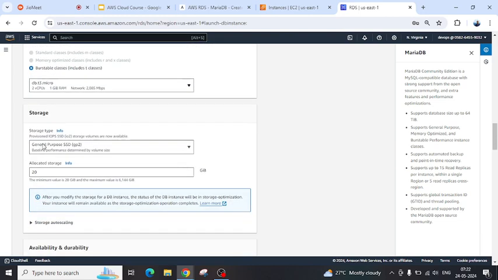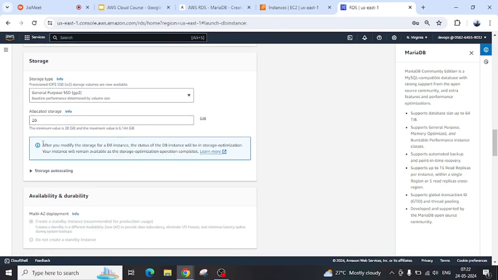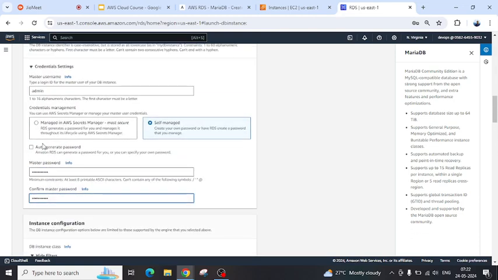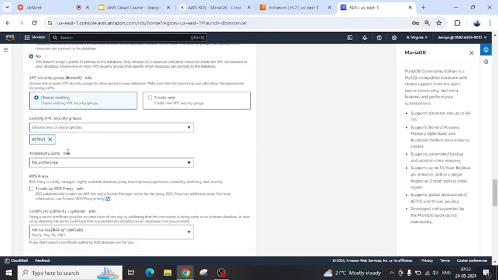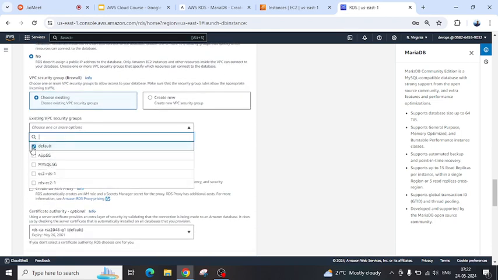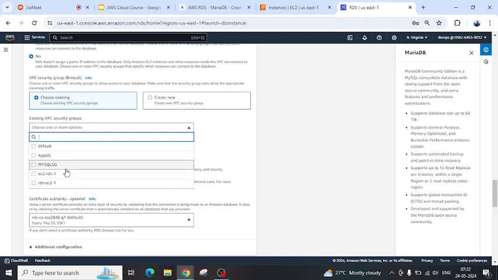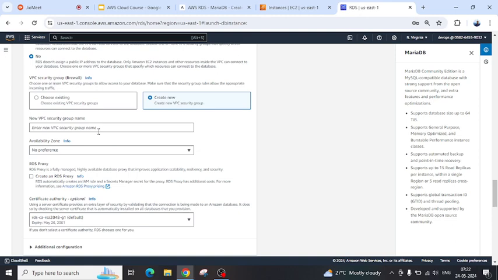And the installation is almost similar, but the only thing is no public access, default VPC. Just remove this application security group and just click on create new. I'll say MariaDB security group,